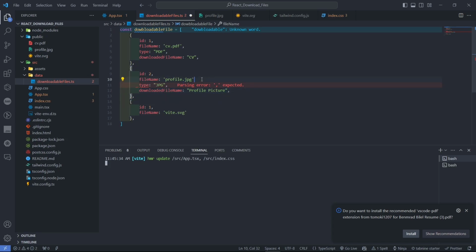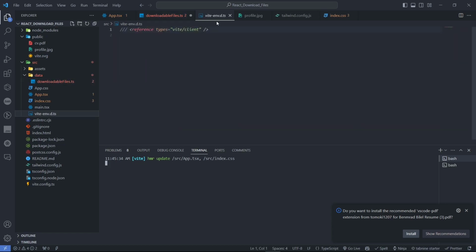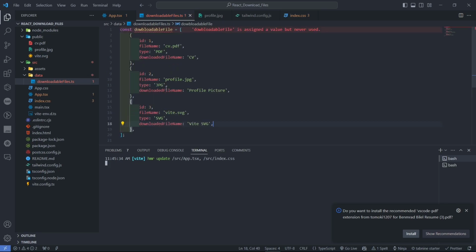What's going on? Oh, okay, this is the comma, and let's move them also here. I don't need this. Sorry. What's going on? What did I do? Okay, this is the third one, and this is not. This is just a vite.svg file. Okay, let's get rid of this. This is an svg, and the downloaded file will be just vite svg. Okay. And let's export